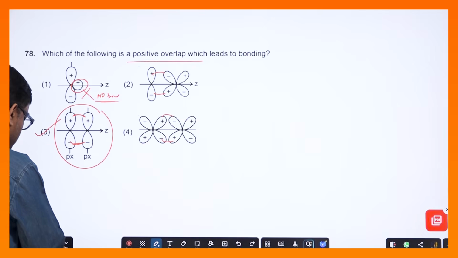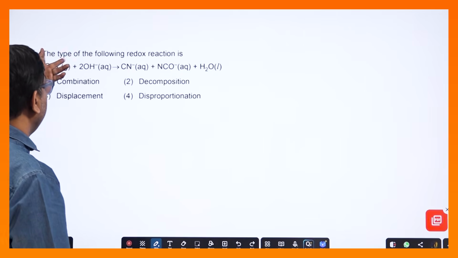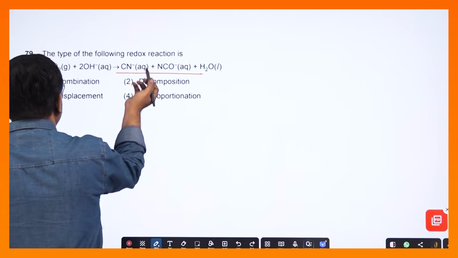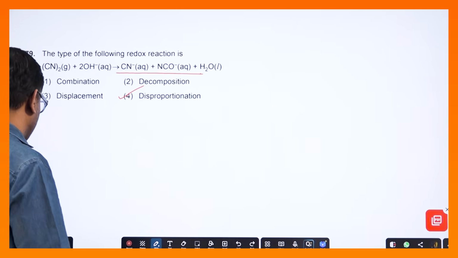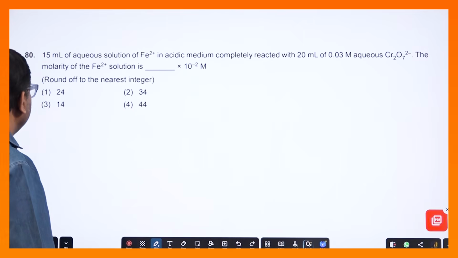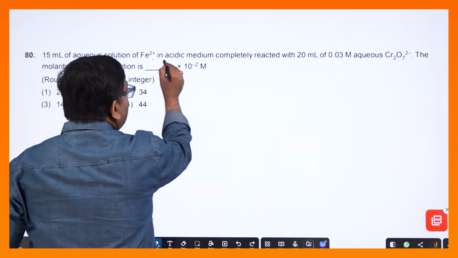চলো নেক্সট একটা যাই। এবার বলেছে টাইপ অফ রিয়াকশন, একদম বেসিক কোশ্চেন। দেখো এখানে অক্সিডেশন নাম্বার চেঞ্জ করে, একটার বাচ্চা একটা কমছে, তবে এটা হচ্ছে ডিসপ্রপোর্শনেশন রিয়াকশন। বেসিক কমন কোশ্চেন, ডিসপ্রপোর্শনেশন, ঠিক আছে।